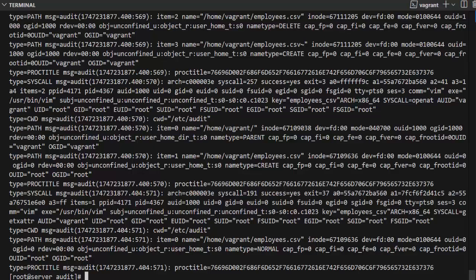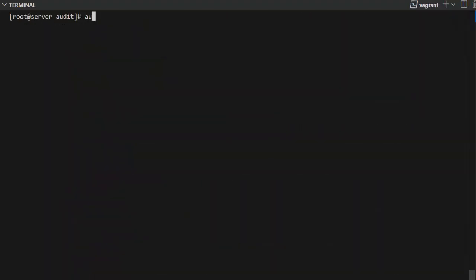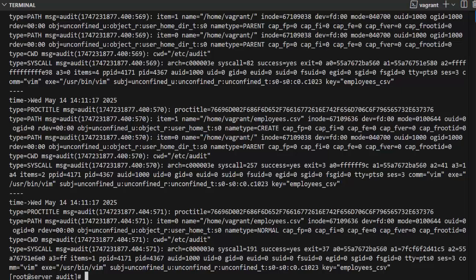So let's see how we can do that using the ausearch command, then -k, and I will provide the keyword we added to the employees CSV file. Let's type employees_CSV. And of course, I misspelled the employees_CSV. Now press enter. So as you see, this filters the log by the key we used in our rules, much